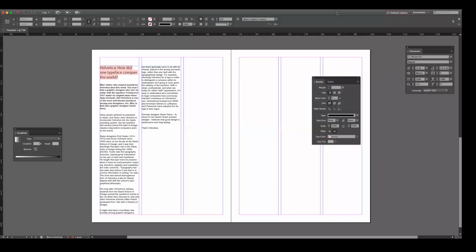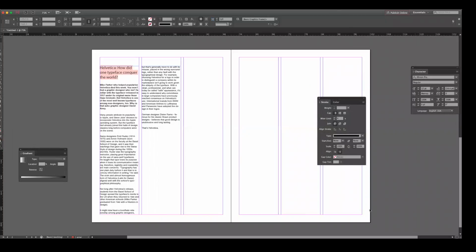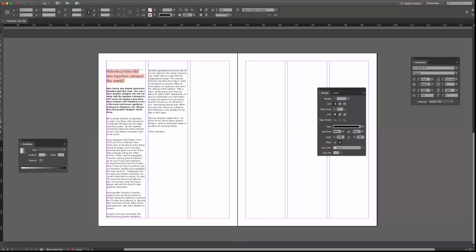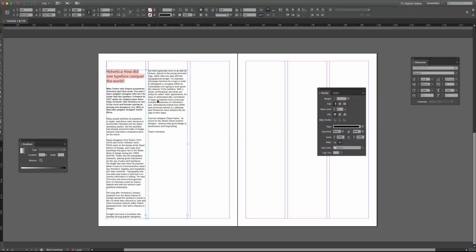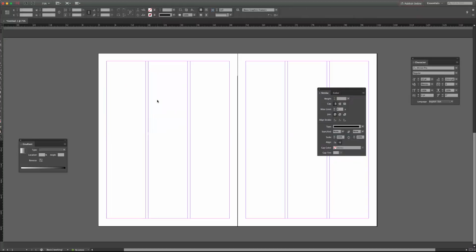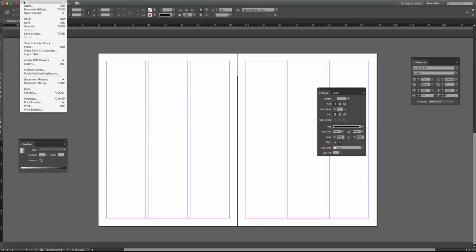All right, so we are back. Let's talk about our article layout for assessment 3. So you're supposed to take the article that you wrote on the font that you chose from last week. So whether it was on Helvetica or Times New Roman, whatever it was, that's the article that you're going to do a design and layout. So let me show you how to set it up real quick. First things first, we want to set up our document. So go to File, New, select Document.